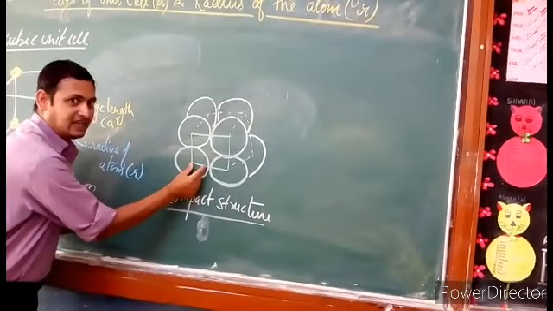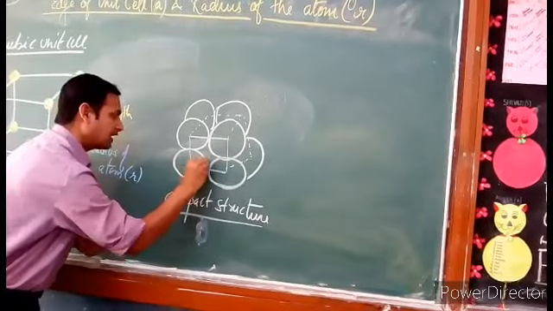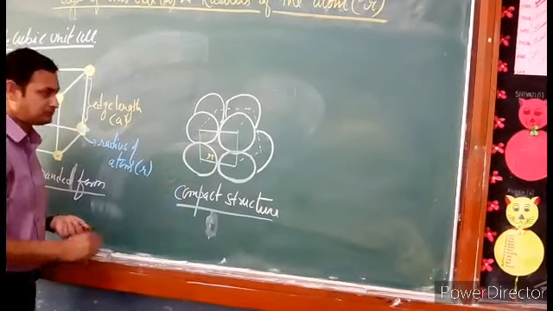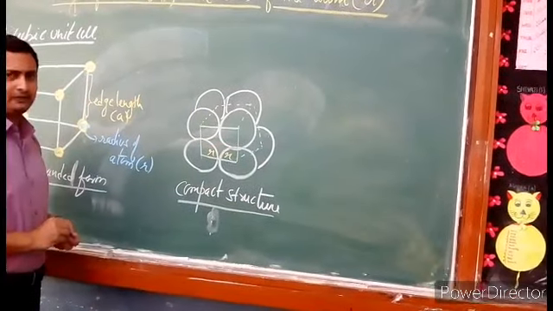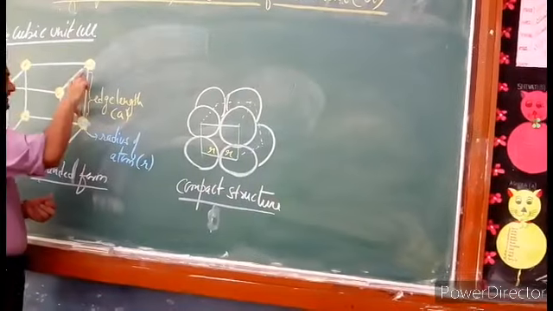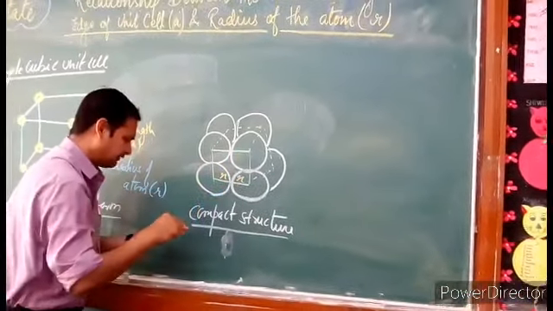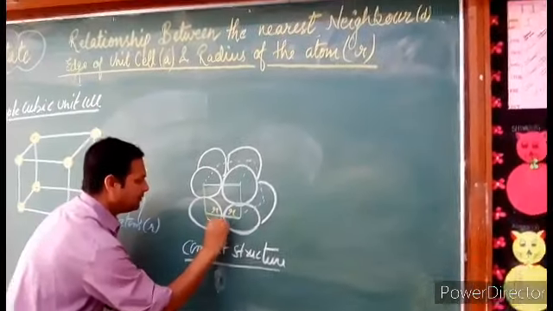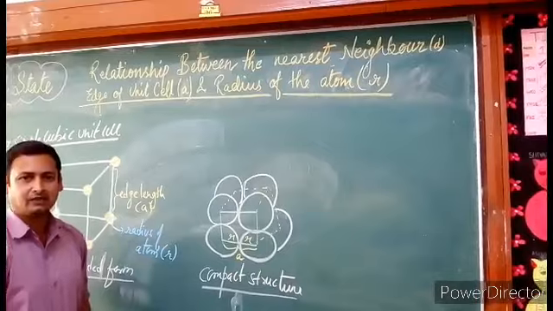एटम का आधा डिस्टेंस सेंटर से कॉर्नर तक का, this will be called as what? Radius. What will be this? This will also be called what? Radius. And this whole portion will be called as what? It will be called as h. This whole portion will be acting as h. तो relationship हमारा आया नहीं आया?